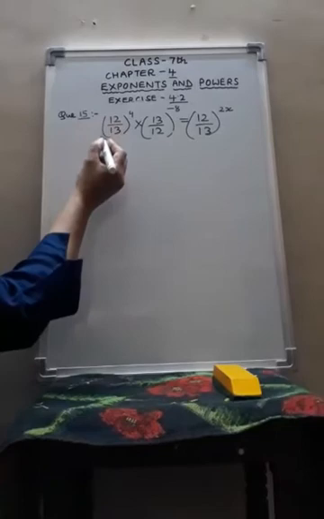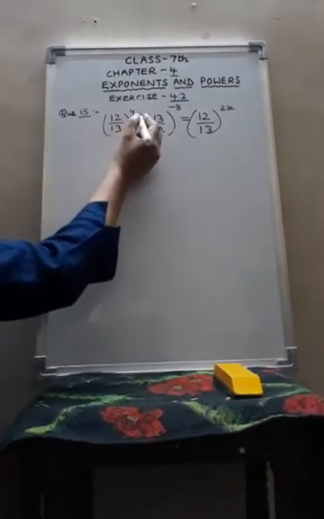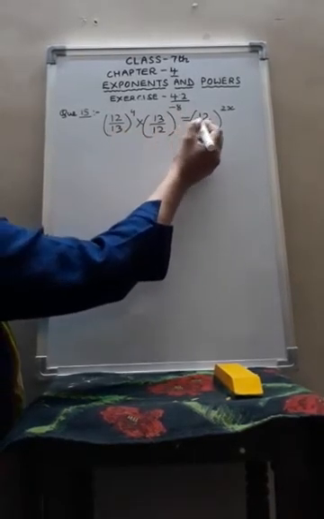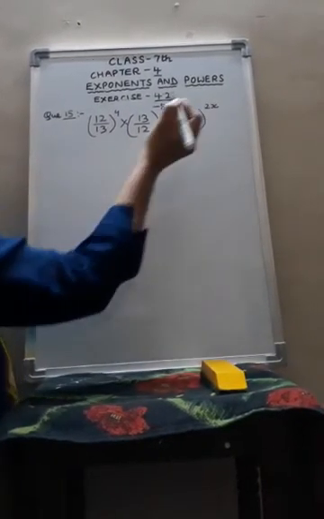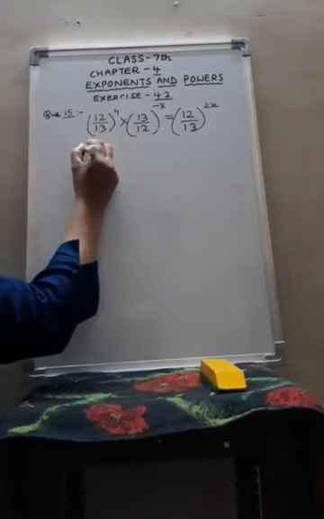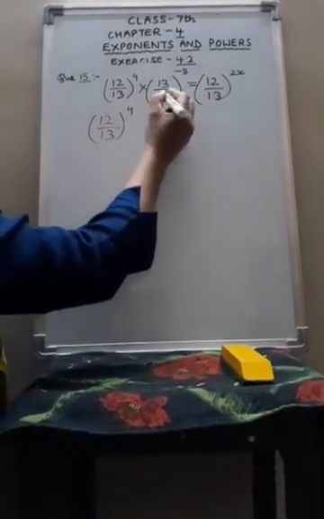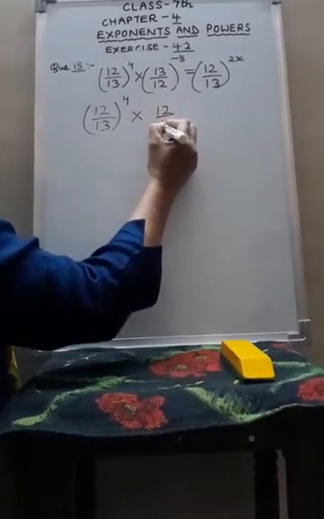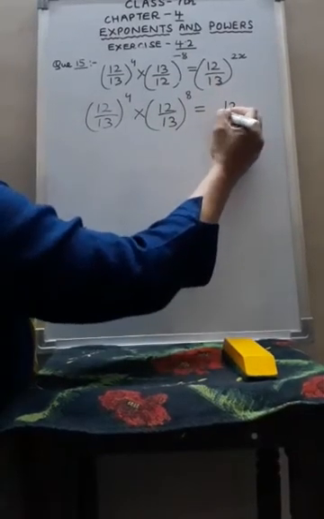Okay children, now question number 15. It is given that 12 upon 13 to the power 4 multiplied by 13 upon 12 whole to the power minus 8 equals 12 upon 13 to the power 2x. You have to find the value of this x. So first you will solve this left hand side. See, 12 upon 13 to the power 4. Now you have to make the power positive, so you have to reciprocate it. So it will become 12 upon 13 whole power 8, equals the right hand side, same way you will copy